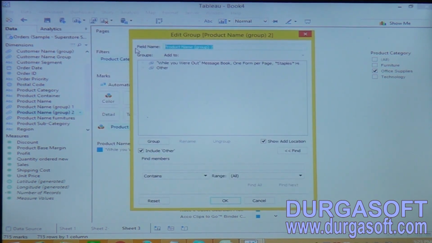Edit the group name. Now we have the products which are from office supplies. Change this group to office supplies. Rename the office supplies group.